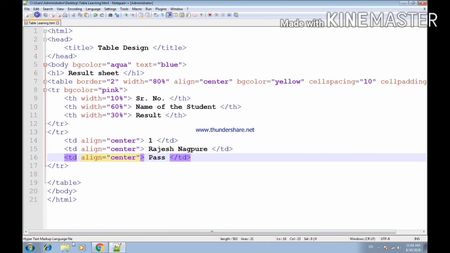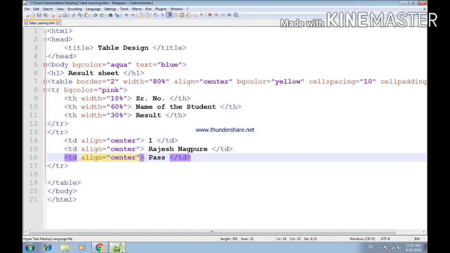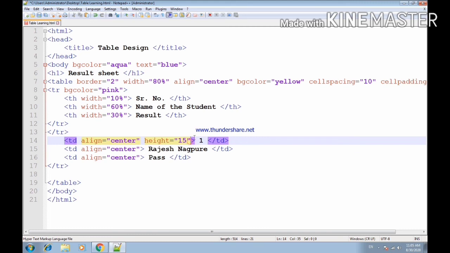Save. You can see here the alignment of the next row, that is with a td, is automatically changed. Okay, all the other attributes like height, colspan, rowspan, nowrap will be useful when we have a bigger table structure. So this is the basic table structure.